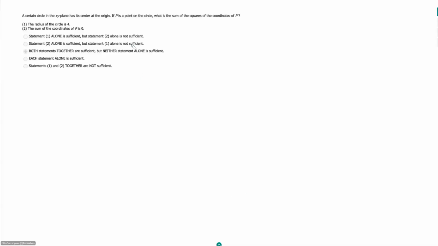A certain circle in the xy plane has its center at the origin. If point P is on the circle, what is the sum of the squares of the coordinates of P? So